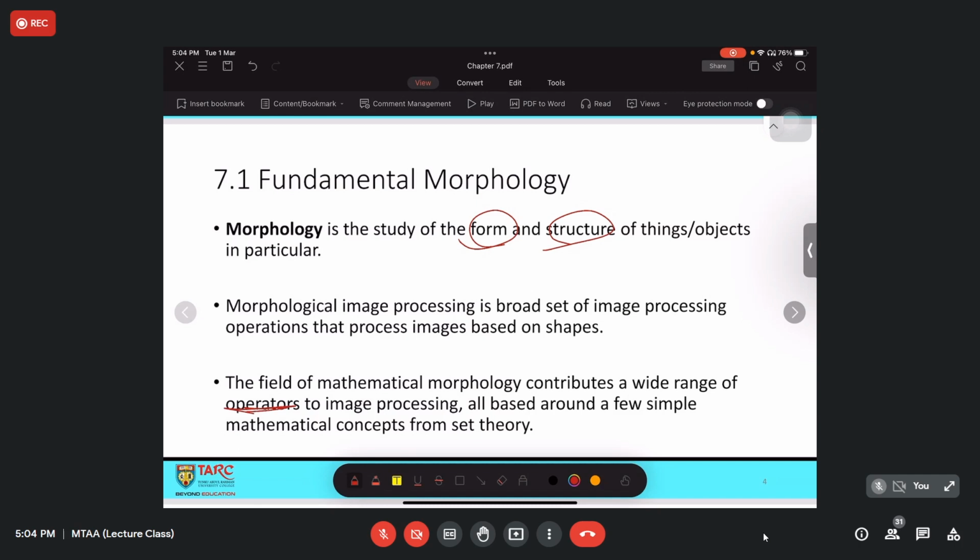The operator here would be part of local processing. I hope you all still can recall, we learned before point processing, local processing, and also geometrical processing. So point processing is something like thresholding. You process only a particular point. For example, setting a threshold at 60.